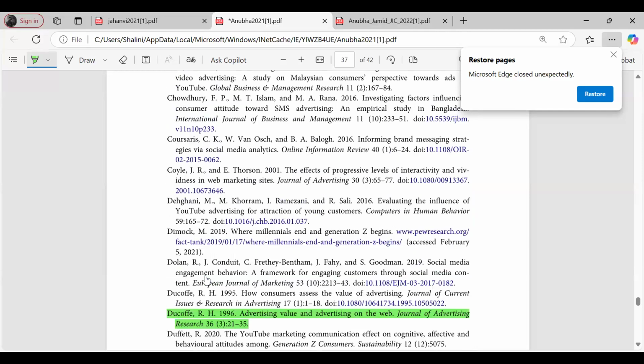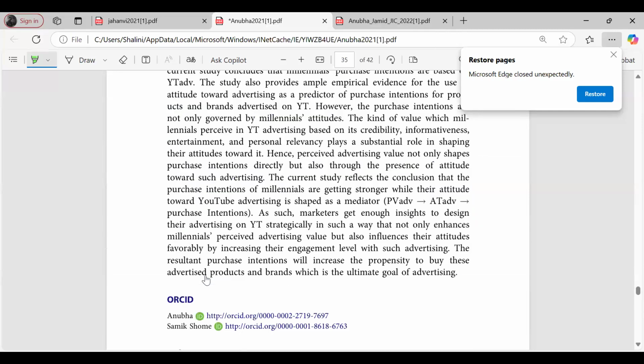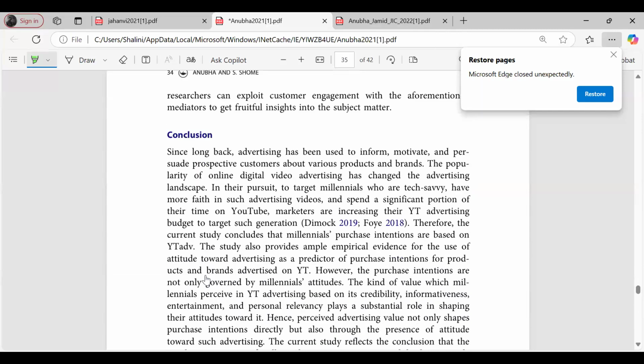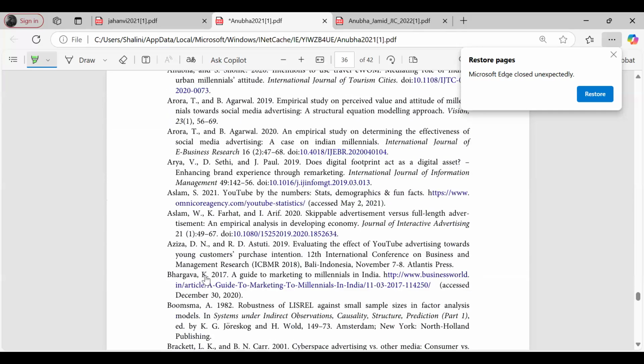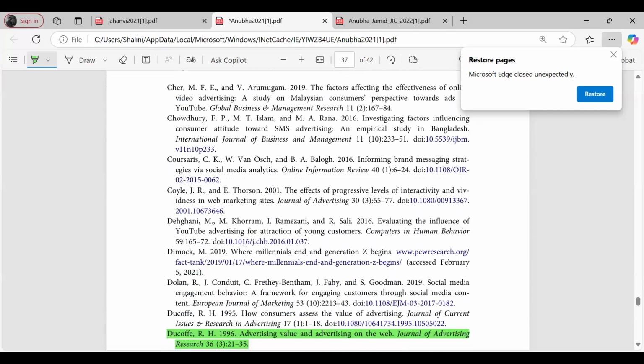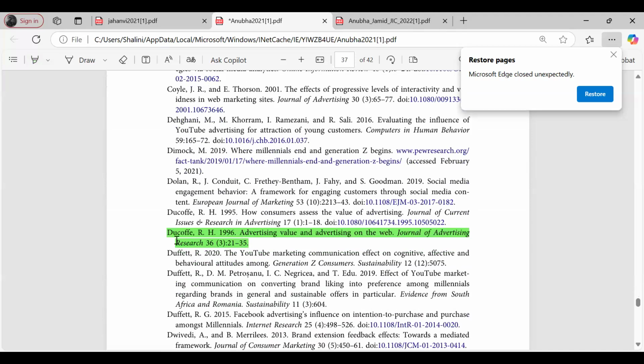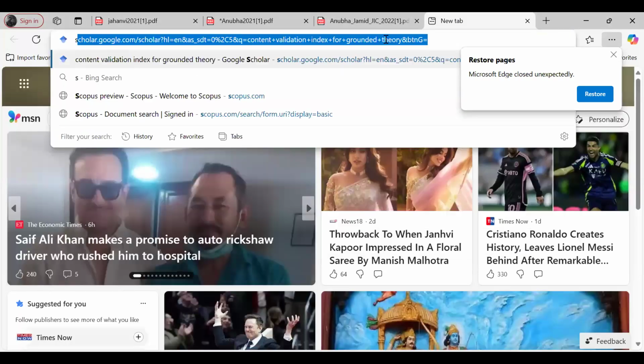Okay? So here it is. Similarly, now if you want to analyze this paper, what you can do is just pick it, Control C, and we will